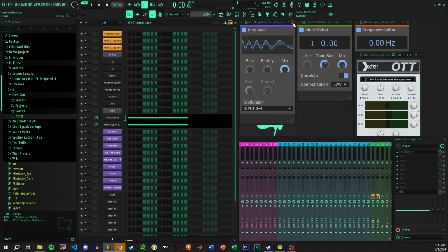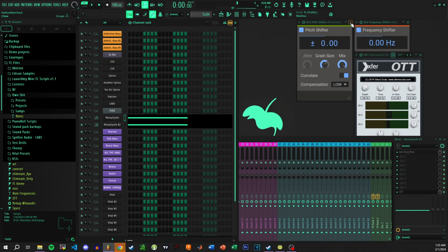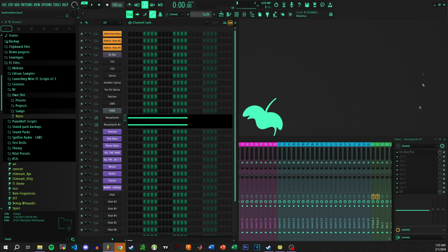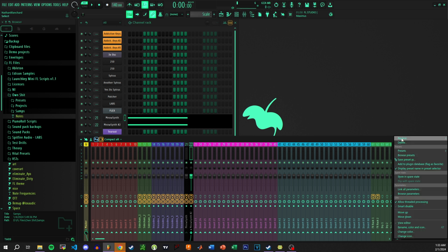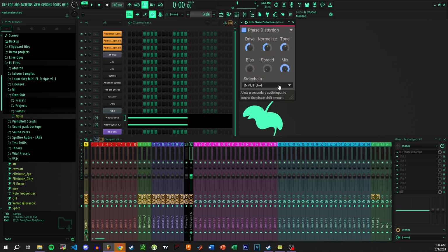The second trick I want to show you is something that gets you a little bit closer to that FM sounding feel. I probably should have kept all of those, but whatever. Something that gets you a little bit closer to that FM sounding kind of feel is if you use phase distortion. The way that phase distortion works is that it uses